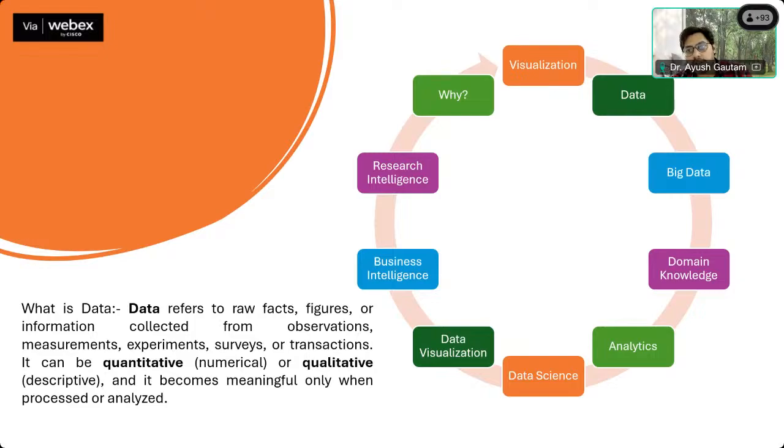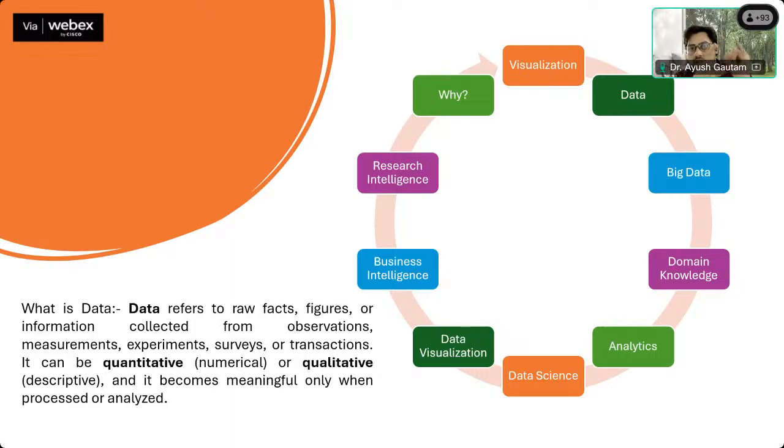Then some trains got delayed, some trains did not get delayed. Then the data of the hotels is also on the IRCTC on these days. So there is a variety of data. I'm not talking in terms of structured or unstructured data. That is a different kind of discussion, which will come when we come to data science and the types of data. But what is the variety of the data? Variety of the data means when the data is not of the same type, when multiple types of data are being generated simultaneously. Then this is called the variety of the data.